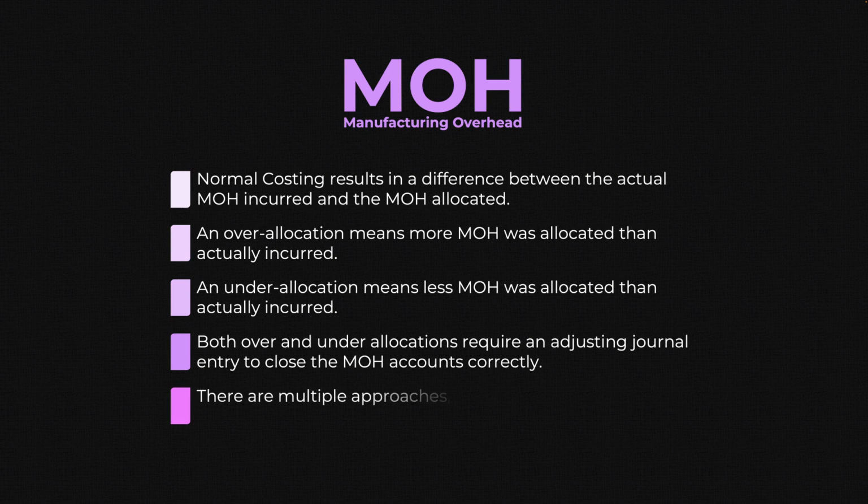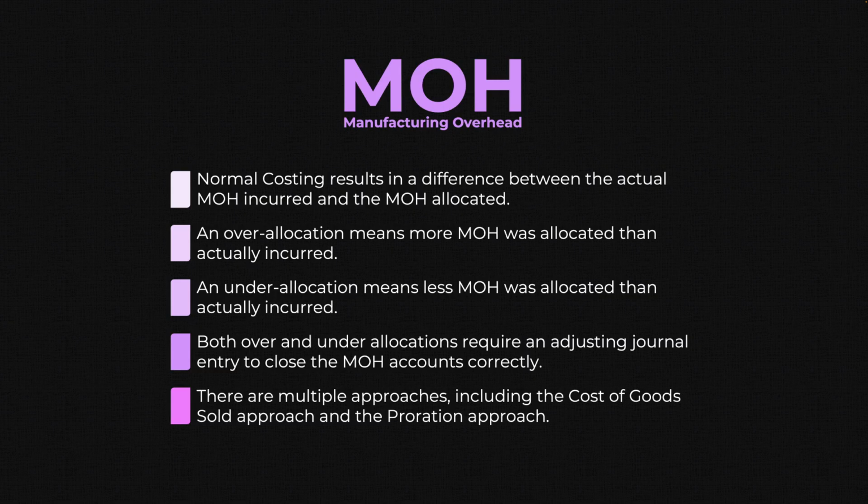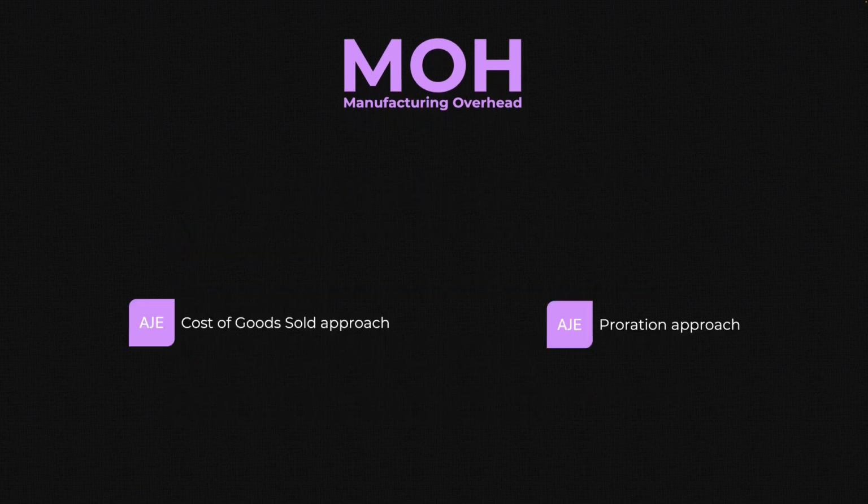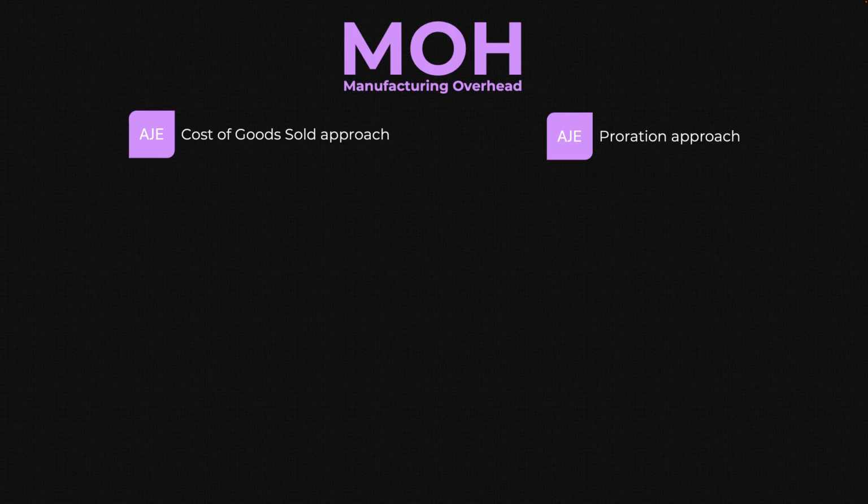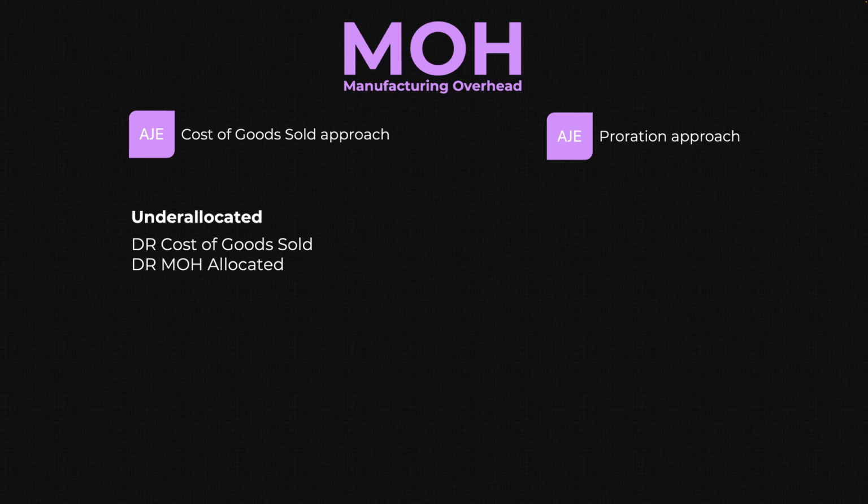There are multiple approaches, including the cost of goods sold approach and the proration approach. Let's look at each of those approaches and summarize them. Cost of goods sold approach on the left. If manufacturing overhead is under allocated, the adjusting journal entry takes the following form. We debit the cost of goods sold to increase it, because remember, we were under allocated. Then we debit MOH allocated to close the account to zero, and we credit MOH control or actual to close